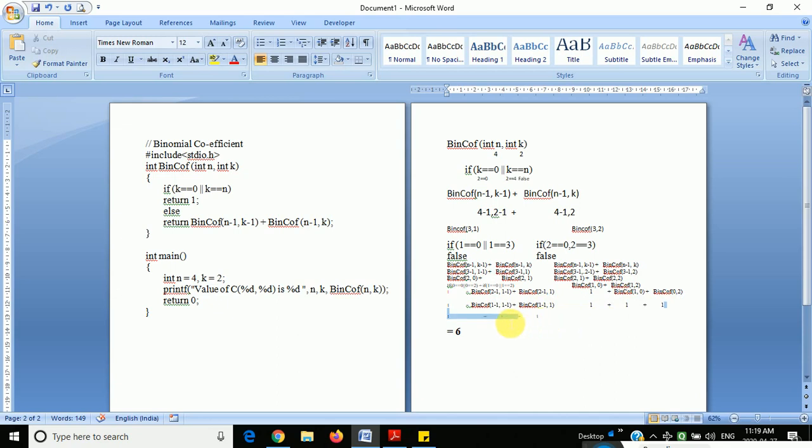All these 1s will be added and it will provide the answer as 6. We go through function within function, inside function, and then we get the result 1, and we keep on adding those 1s. So the total answer is 6. This is how the logic of binomial coefficient works.